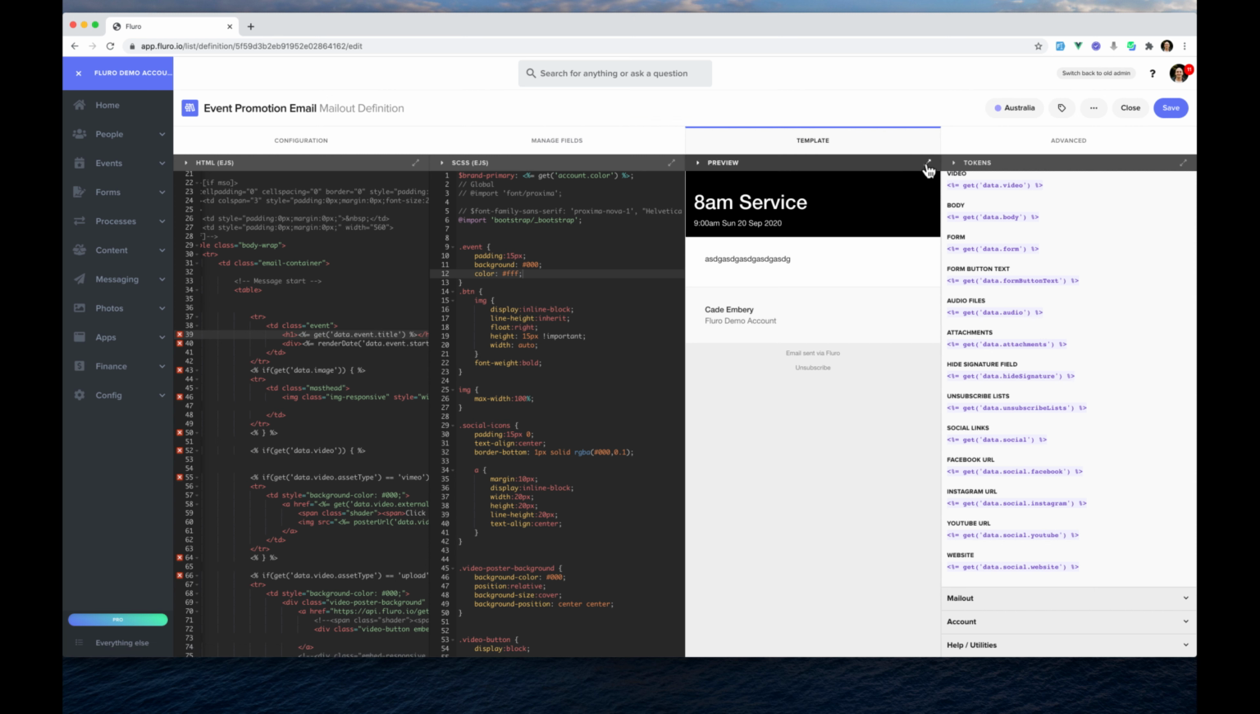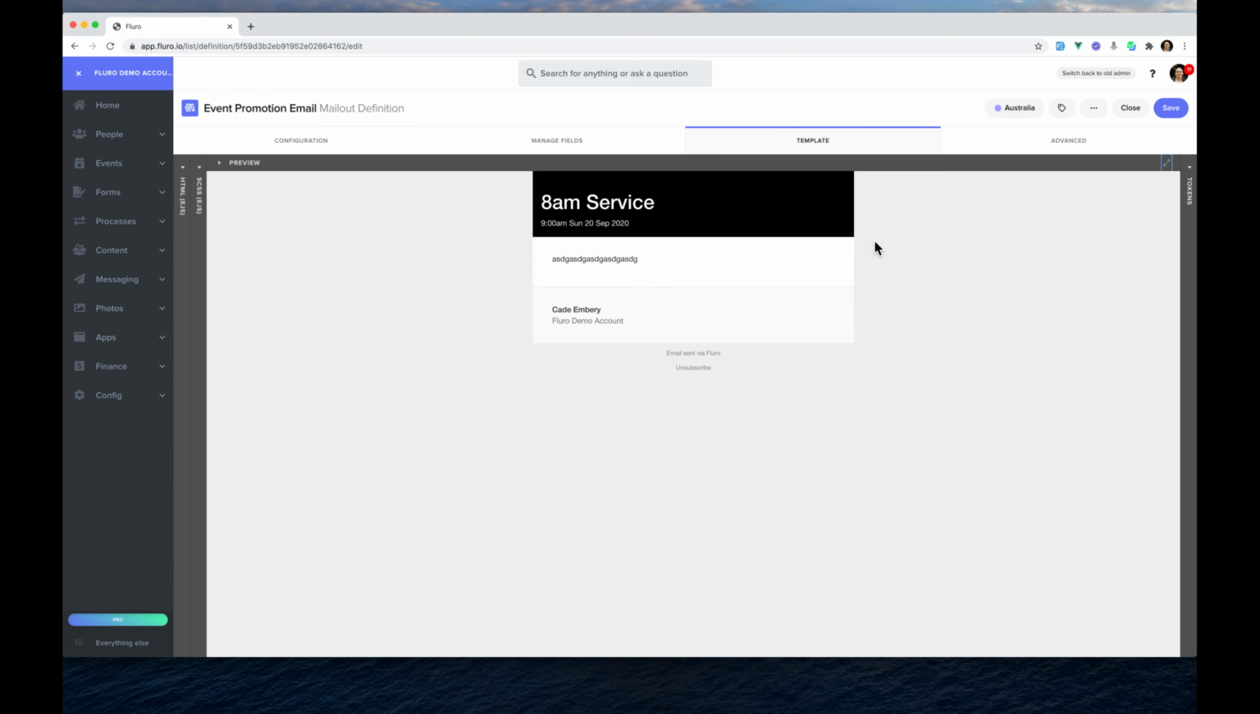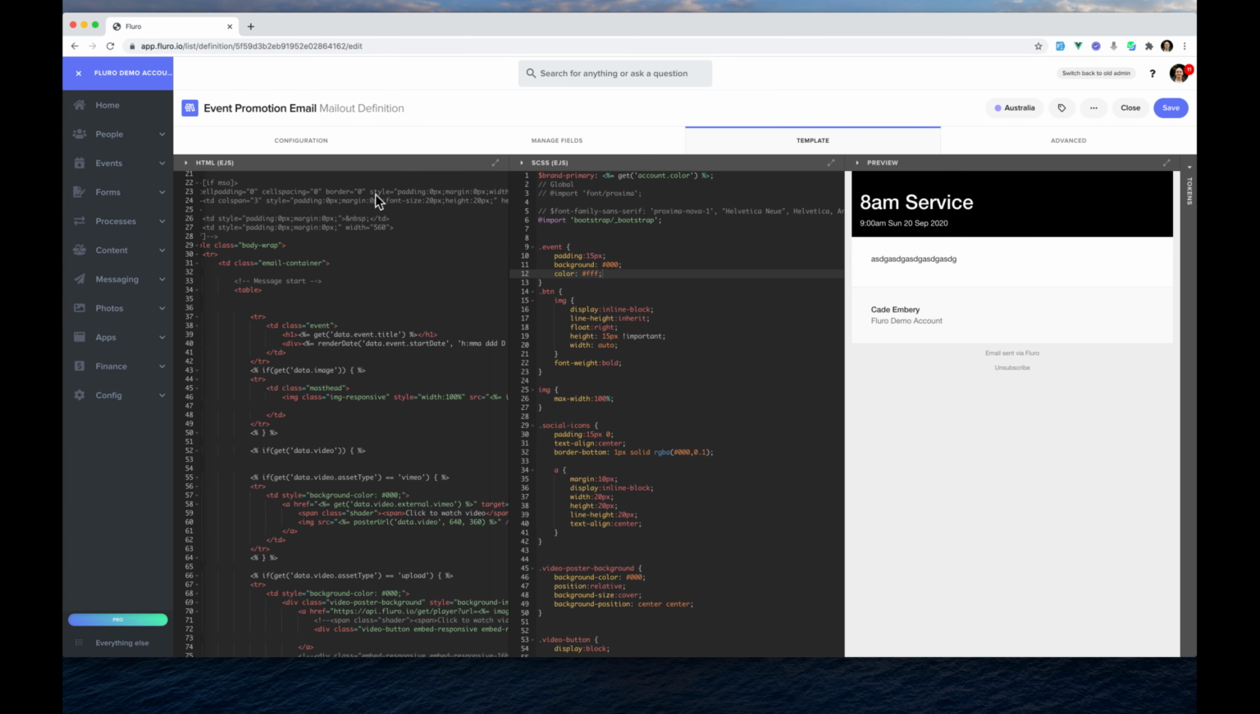If you want to see what it looks like on a larger screen, we can just click this button to expand it. We can close and open these tabs and work on our template and see that in the preview. And if I save that, now it's as easy as going to